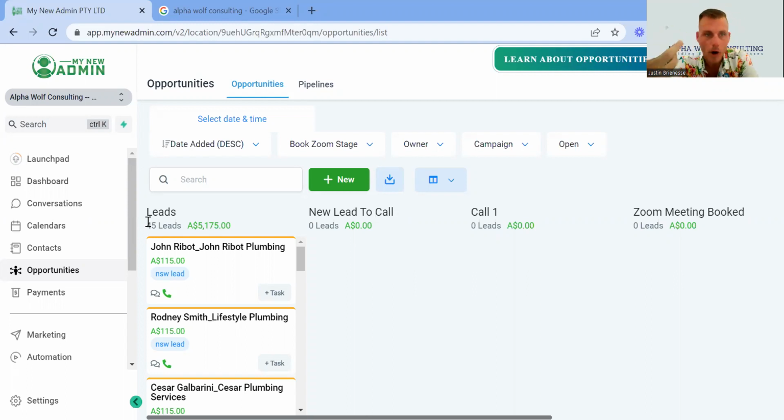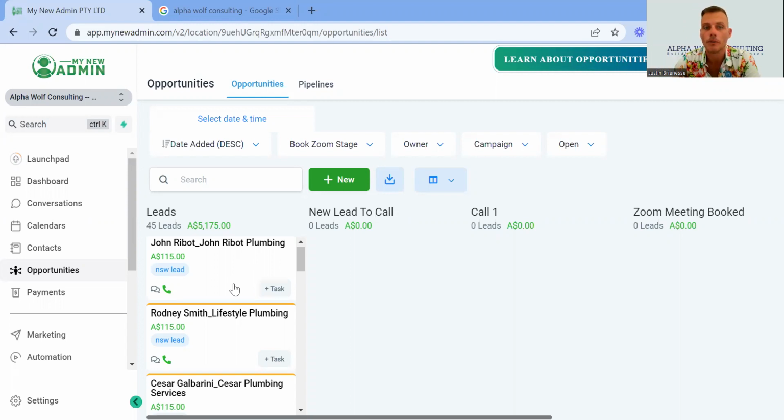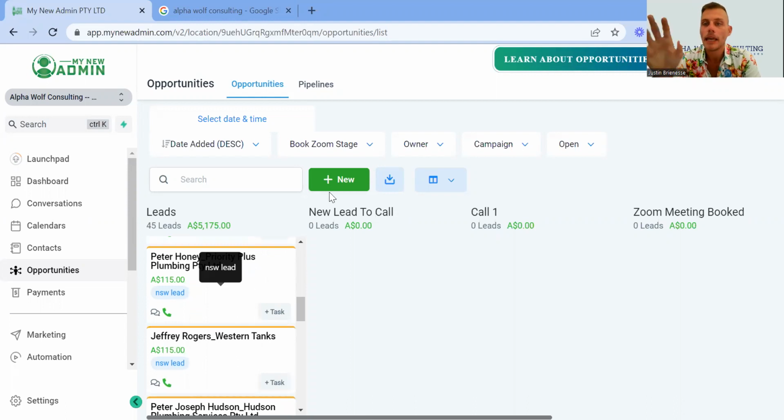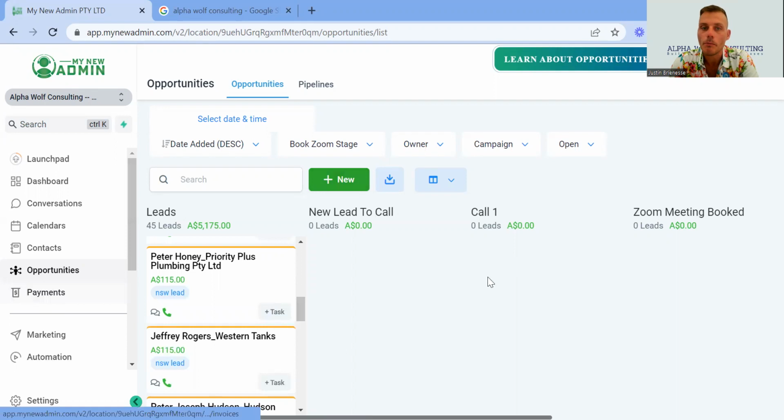So first is the opportunities tab. This is the visual representation of your pipeline with the data in it. So with all of your leads, you can put in all your information in here. You're able to move leads from one stage to another as you're working through. So this is sort of like your workable